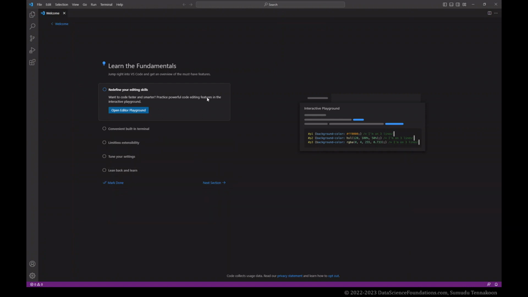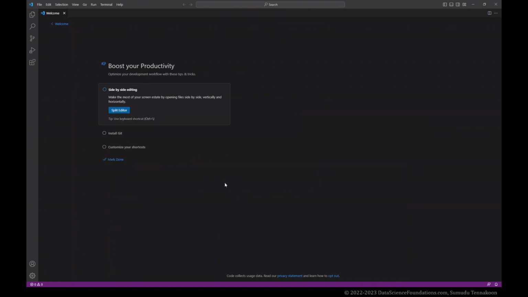I would like you to explore these things. In the interactive playground you will find some other work. Then, to boost your productivity, optimize your development workflow with these tips. There will be some tips and tricks you may explore. And what are the tips available? I am going to work on these tips in a separate video covering what is available in